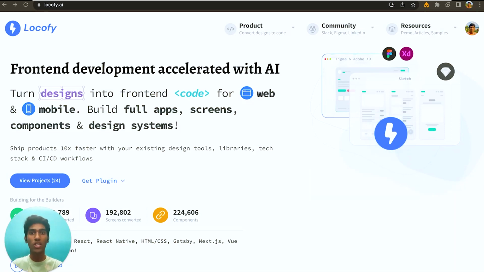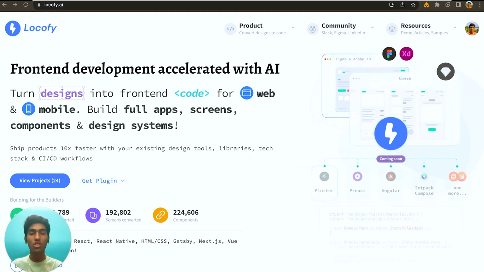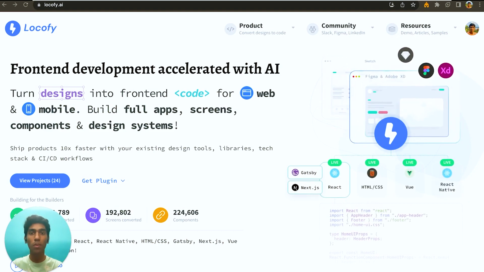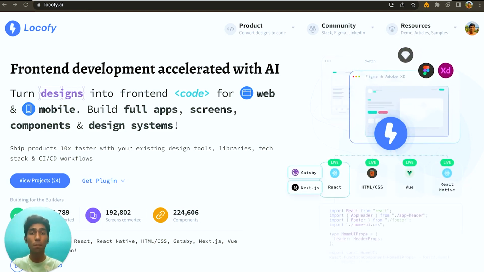Hi all, welcome to the fourth video in this series where I help you build a functional application under 1 hour using Locofy. This time I'm going to build a clone of the popular productivity application Notion using React, dndkit and Locofy. I'll guide you through the entire process step by step, ensuring you have a clear understanding of the